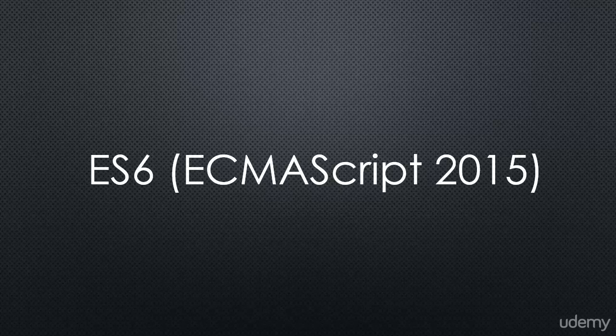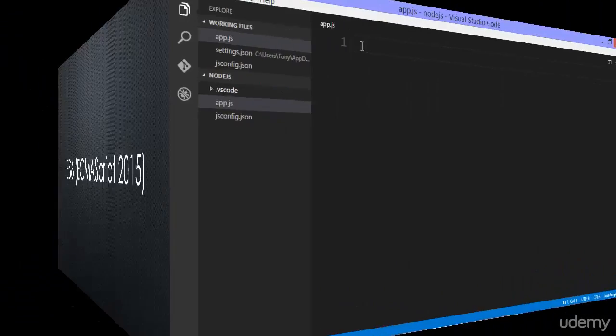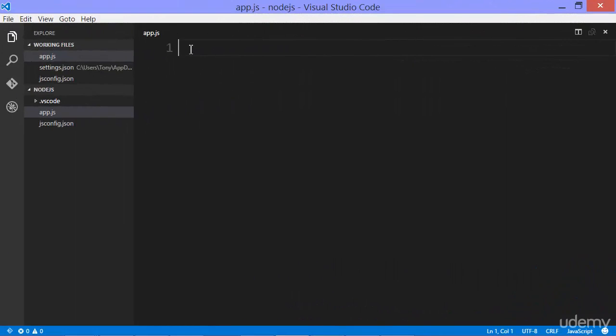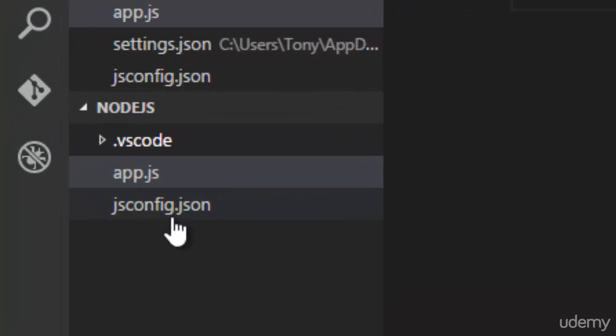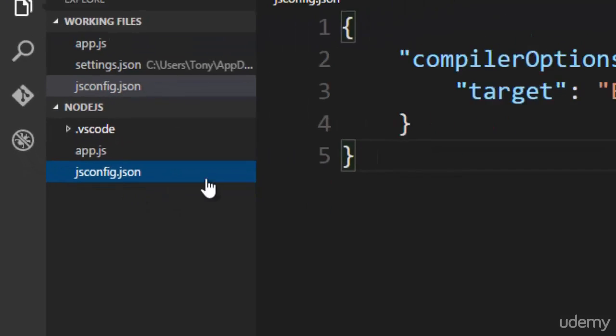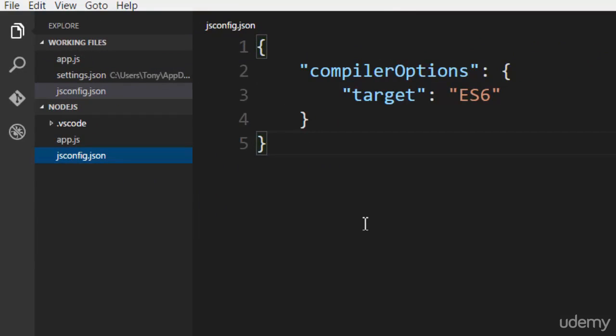All right, let's take a look at one example of a new feature in JavaScript that makes things a little bit easier for us. To begin with, if you're using VS Code, and only if you're using VS Code, since we'll be writing on occasion ES6, the latest version of JavaScript, you might need a jsconfig.json file in the folder that you're writing your code in. This file is simply telling VS Code that this folder contains ES6 code,